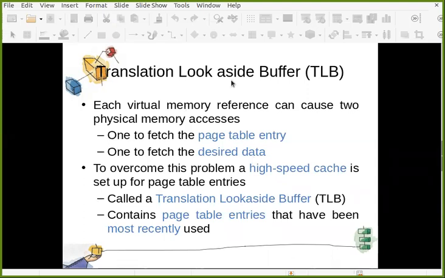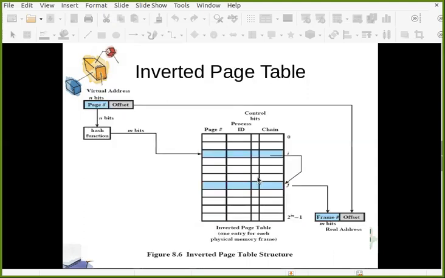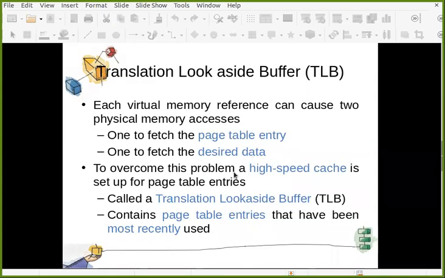So to overcome this problem, and why is this a problem? Because a main memory reference is again taking some time. So to overcome this problem, a high-speed cache is set up for page table entries.